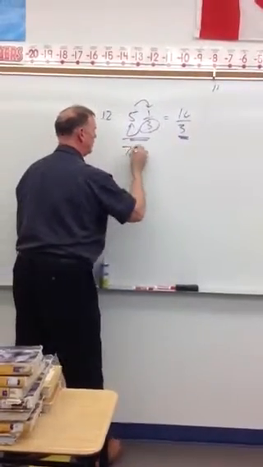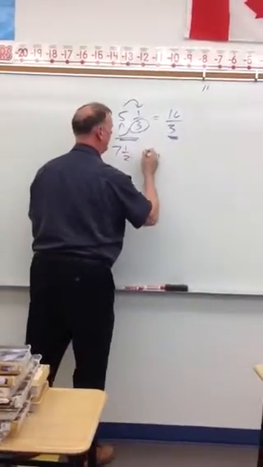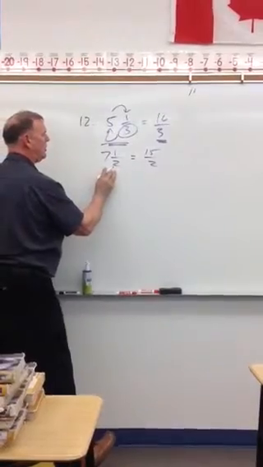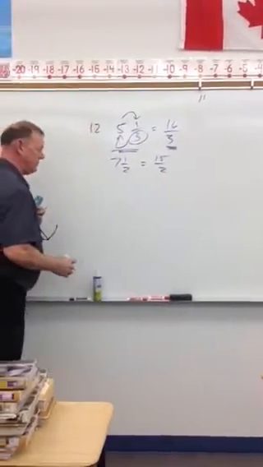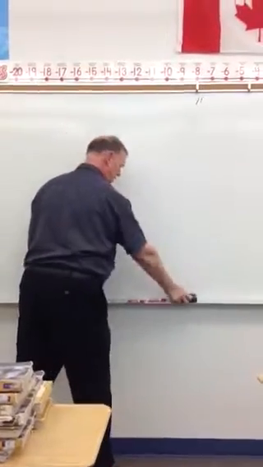I'll do one more. 7 and 1/2. 2 times 7 is 14, plus 1 is 15, which is 15/2. Here's your mixed number. Here's your improper fraction. Okay, that's number 12 on the test. Number 13 on the test